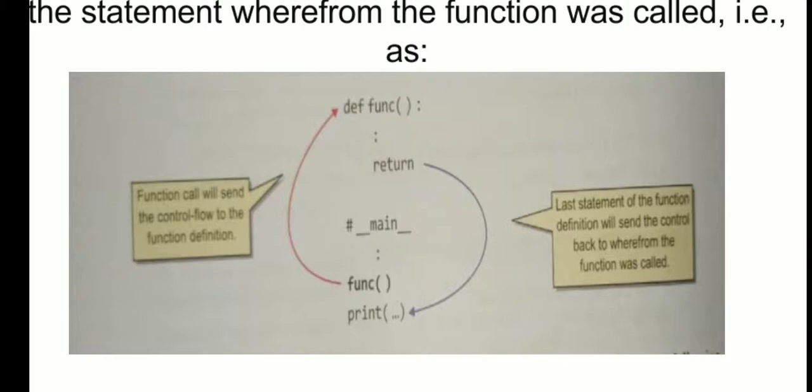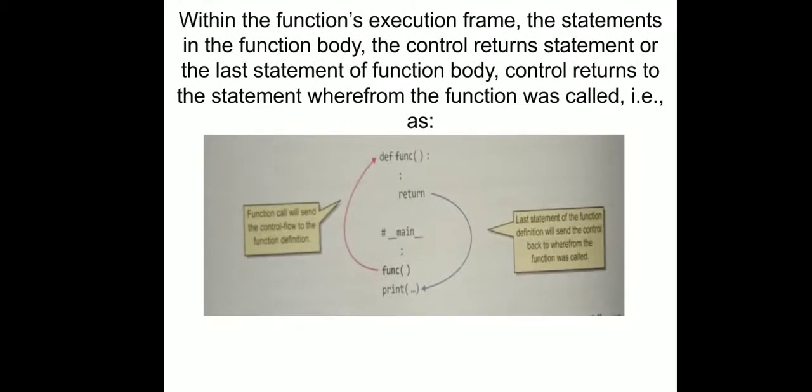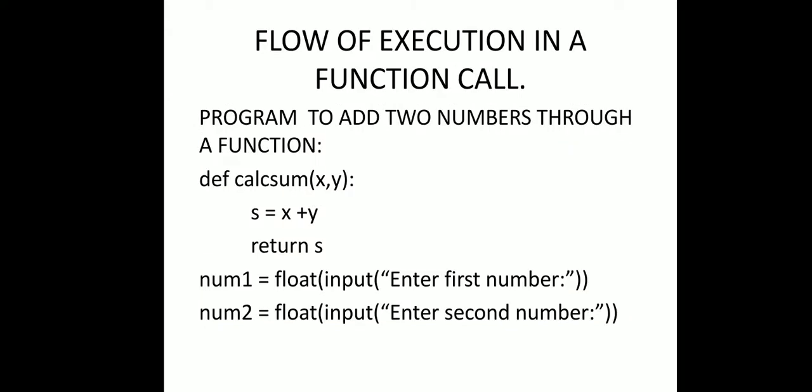जब आप कॉलिंग करते हैं तो कॉलिंग करते वक्त क्या होता है, वो वापस आपका कंट्रोल ऊपर जाता है. आप देख रहे हैं एरो जा रहा है और फिर आपकी स्टेटमेंट जो रिटर्न होती है, अगर आपने रिटर्न लिखा है तो प्रिंट के पास जाती है. तो in such way when you are calling a function ये एग्जीक्यूट होता है, तभी आपको ये आपका रिजल्ट शो करेगा. Now the flow of execution of program in a function call, like we have addition of 2 numbers.